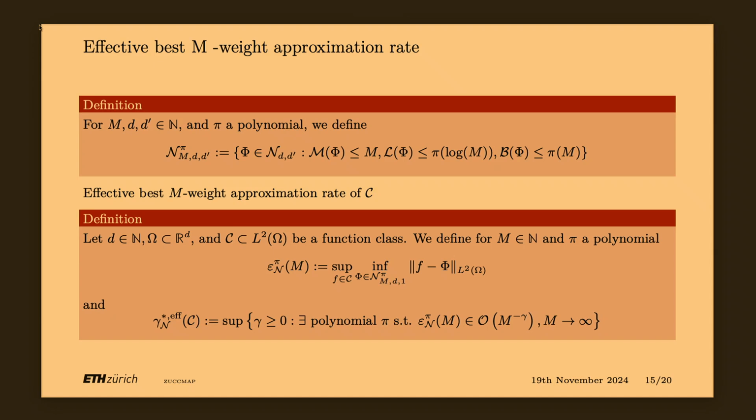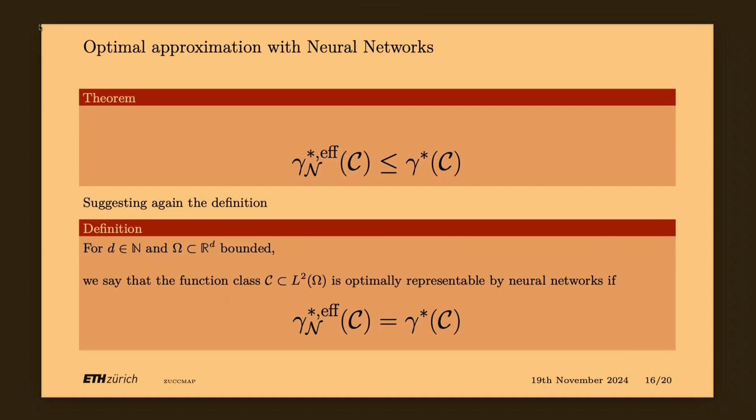And actually, a bit surprisingly, one can show that the bound is the same as before. I'm saying it's a bit surprising because if you think about what we are doing, they are two very different things. Before we were approximating with linear combinations of M elements, and now we are doing approximation with neural networks, which by nature are very different from just linear combinations of elements. They are compositions of non-linearities with affine transformations. So one would say that they are very different, but actually the same bound holds.